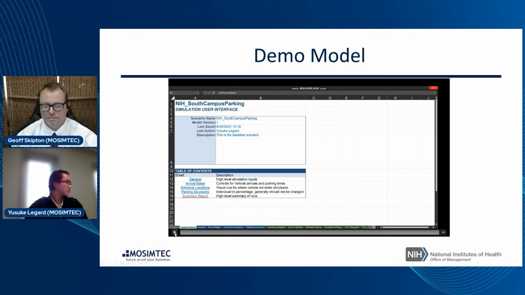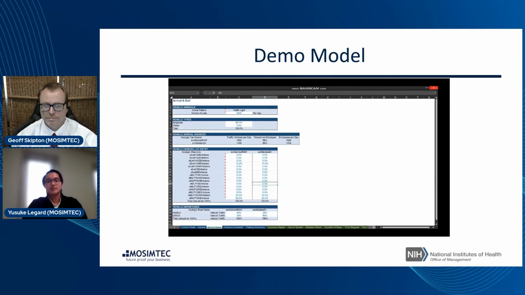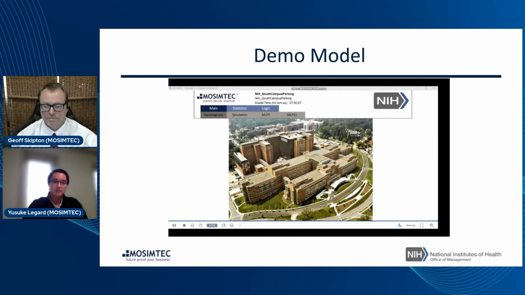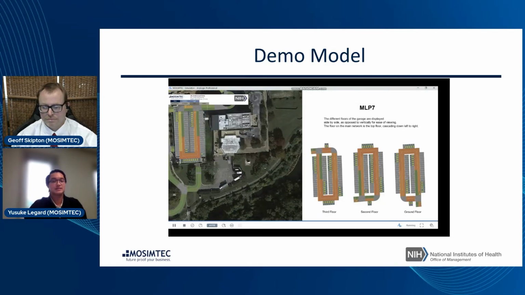The blue tabs on our Excel front end are our model inputs. These are the primary levers for our scenario analysis. In the model, we can watch as vehicles route to the entrances of parking structures and park for a duration after finding space and before leaving the system. On the right side here, you see MLP7, and in the center, we can see the 6th and the top floor of MLP12. Each road network uses the density map, represented by the colors on the roads, to represent the vehicle density throughout the south of campus.